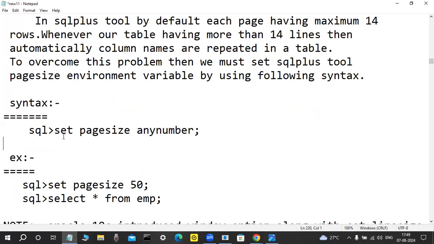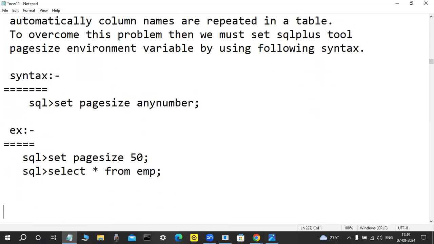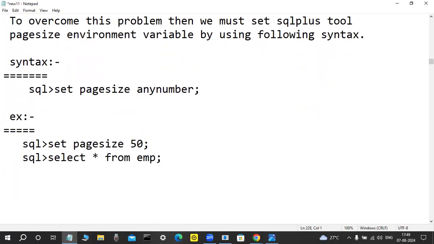Syntax, write it: set pagesize n; Example: set pagesize 50;